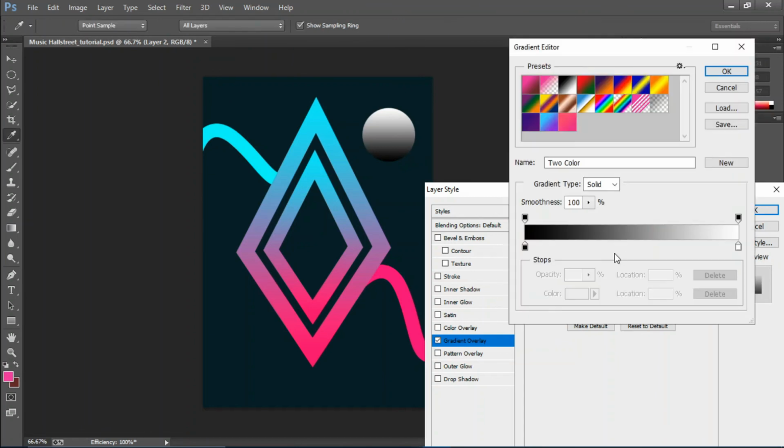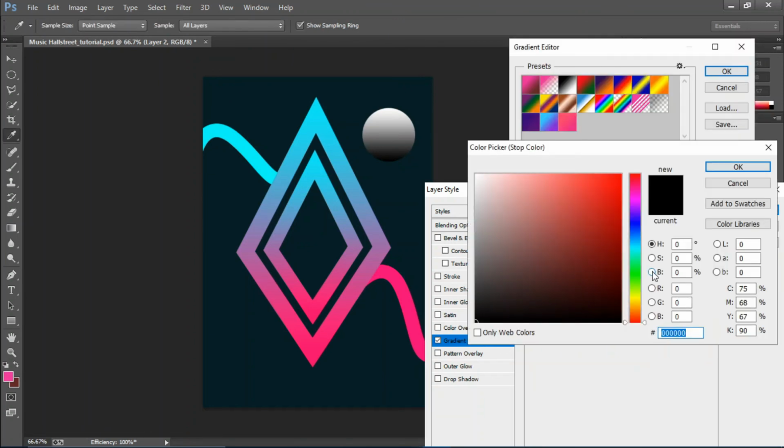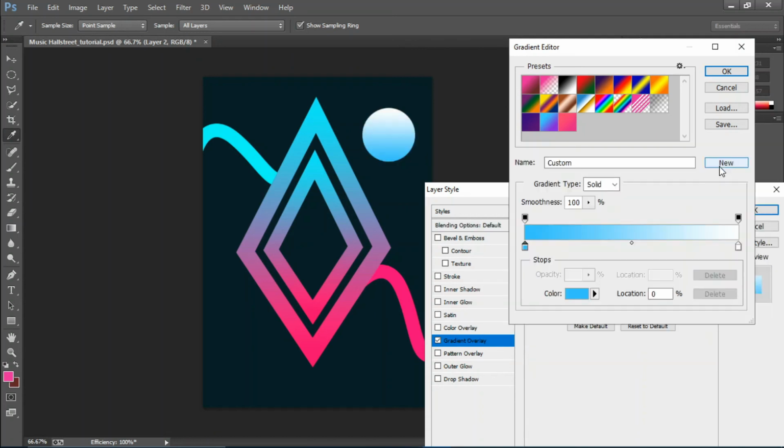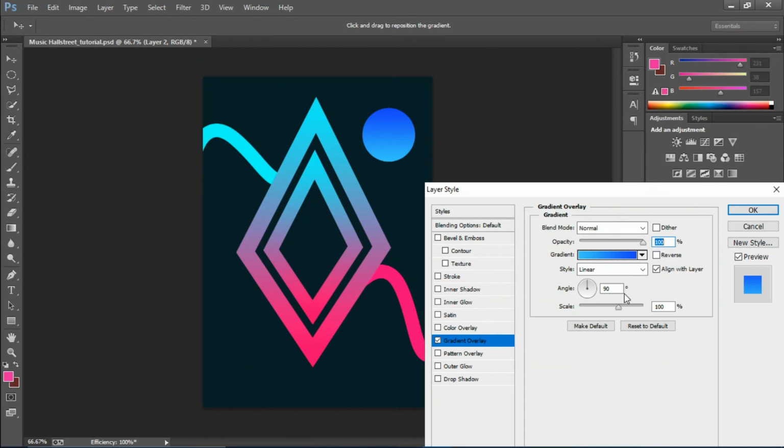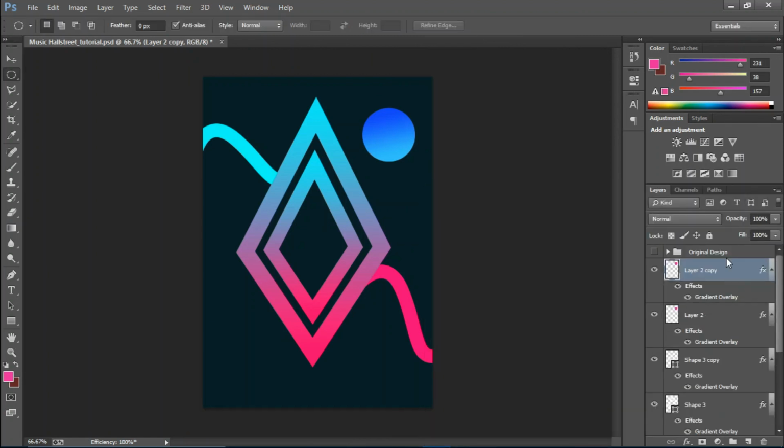I'm gonna click in here and select a nice color, something like that. I'll click in here and select a darker tone. Okay, that looks good. Cool. Just increase the scale a touch and change the angle a little. Cool, that looks great. Okay, that looks good. I'm gonna hit OK, and now I'm gonna press Ctrl plus J to duplicate it,